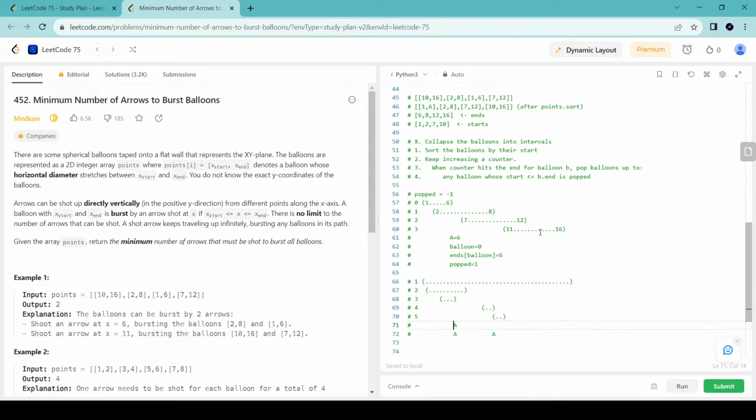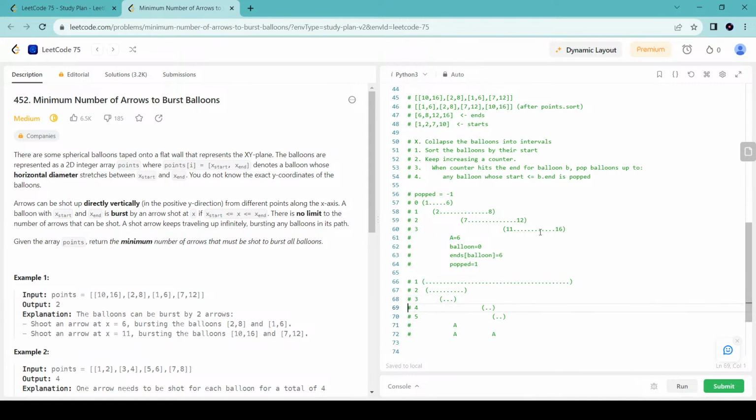For instance, here, if balloon 3 is not popped, then moving this arrow A past this index would mean that balloon 3 is never going to pop. So we need to find an arrow here, right? If there are no arrows before this that pops balloon 3, we need to find an arrow here at the very latest in order to pop balloon 3. And after we do that,